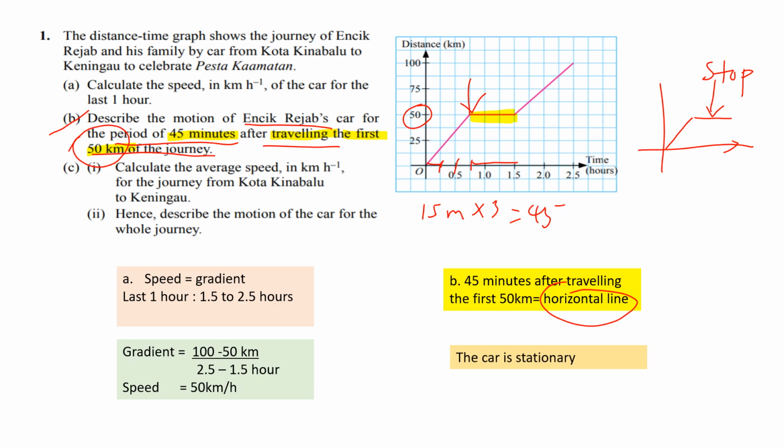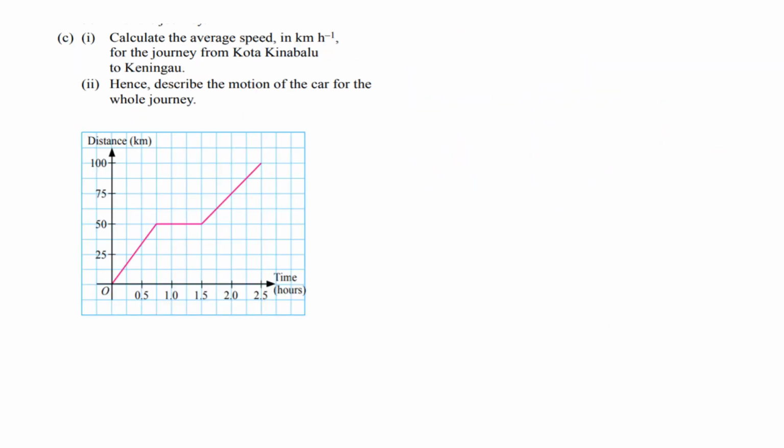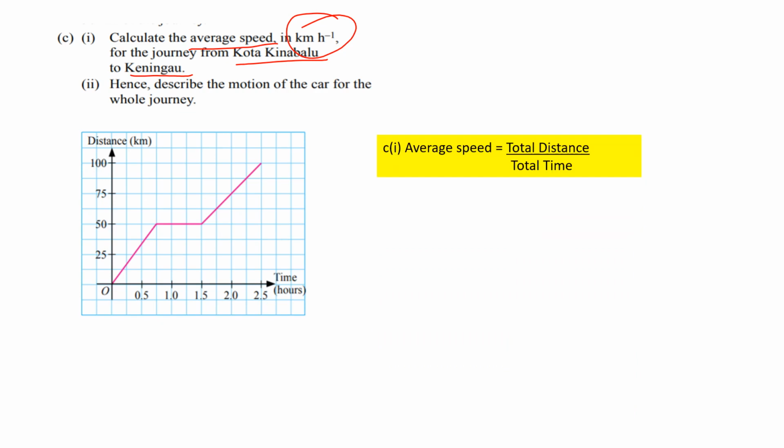Stop. Next, C, calculate the average speed in kilometer per hour for the journey from Kota Kinabalu to Keningau. So average speed, if you still remember, there is a formula for average speed. Here, still distance over time, but total distance over total time, you'll get average speed. Why do you find average speed? Average speed means you have two different speeds. First, the speed is here, and then next,